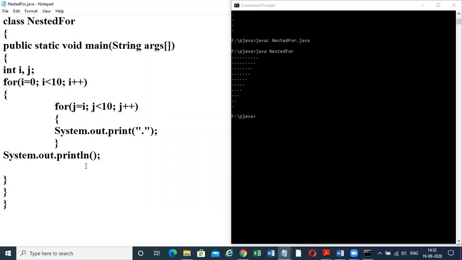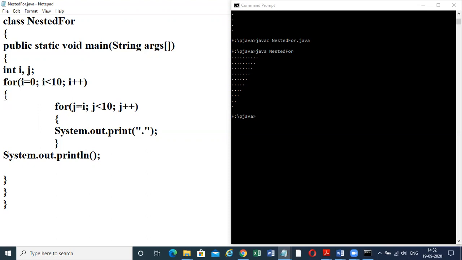This is the result. Now let's see what is going on. This is clear from class to variable declaration. Let's come here for i. i is equal to 0. The value 0 has been assigned to i. Semicolon. The condition is checked. i has the 0 value, 0 less than 10. The condition is true. Then the i plus plus.